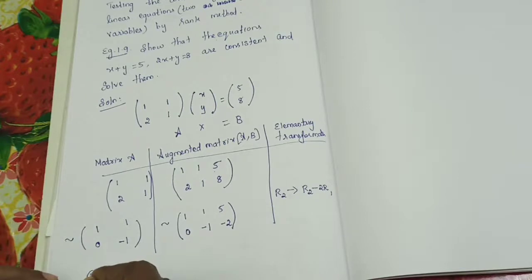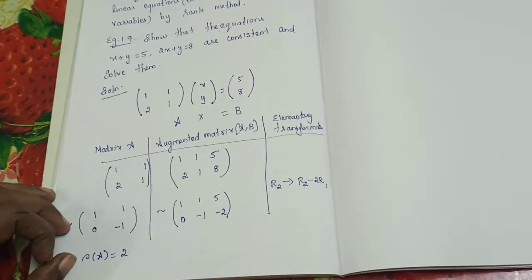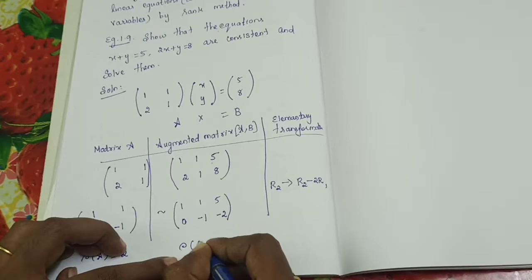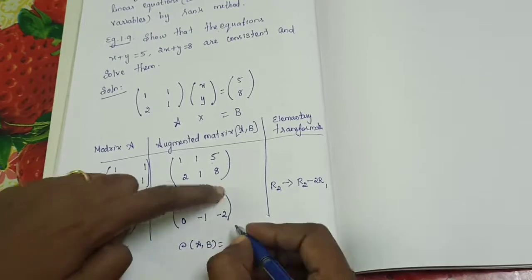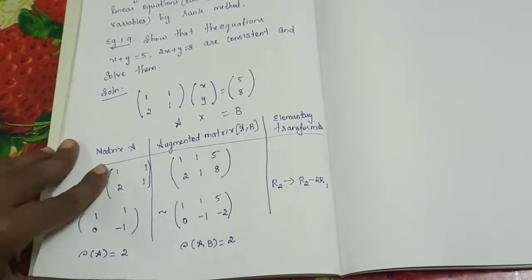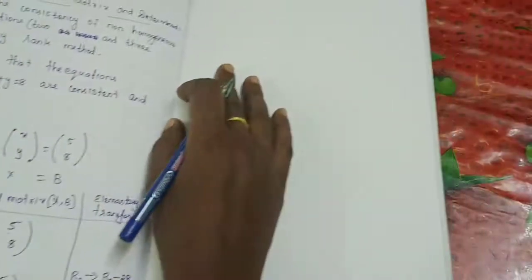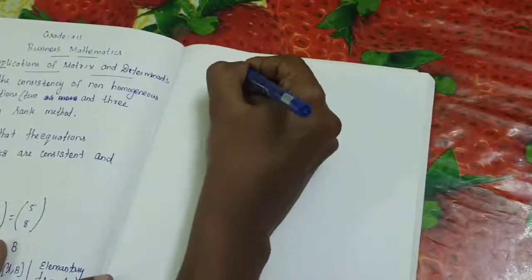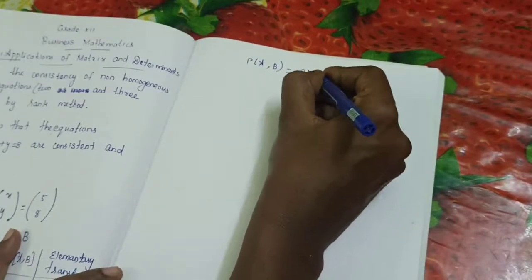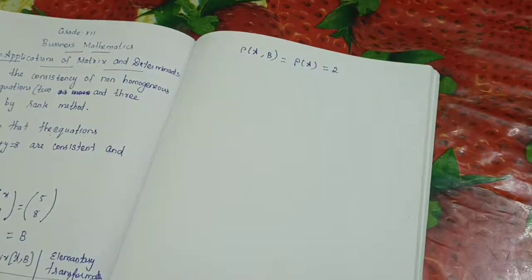Okay. So here the rank of A value. How much is the rank of A value? It is 2. Is it right? Here 2 non-zero rows. So here also the same for the rank of A comma B. How many non-zero rows? 1 and 1, 2. We have learned all this already. So listen here. The rank of A comma B is equal to the rank of A. Both values are equal to how much? 2 we got. Yes, 2 we got.